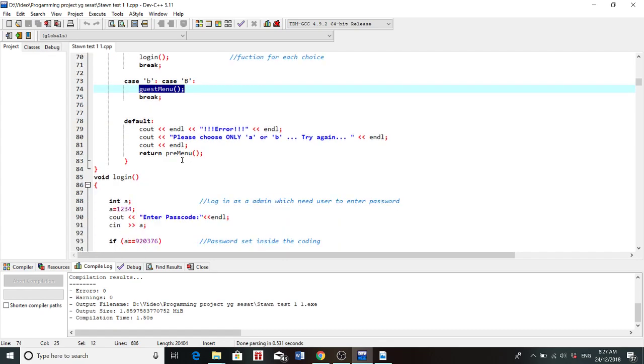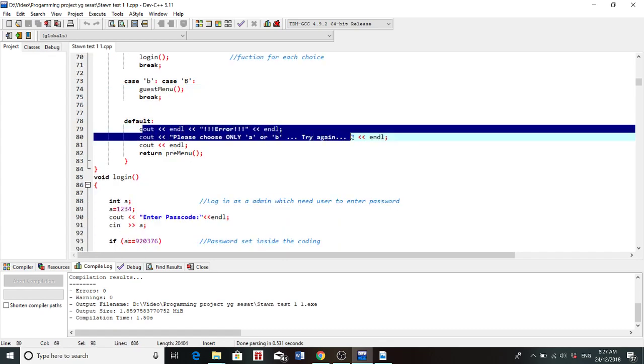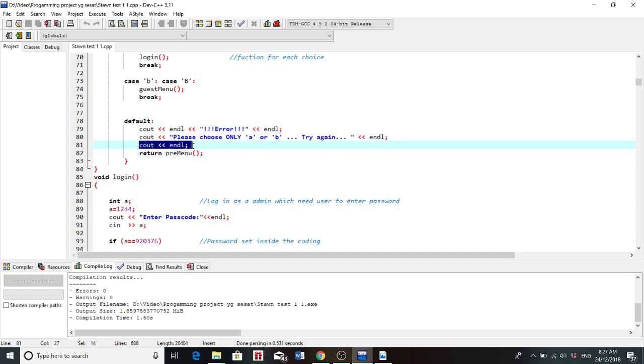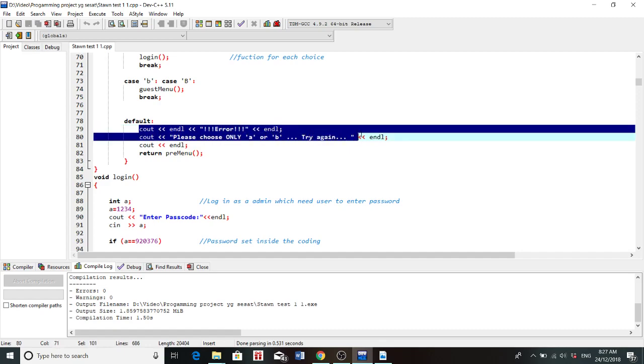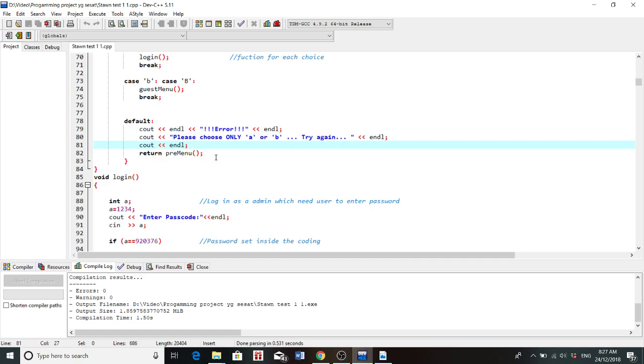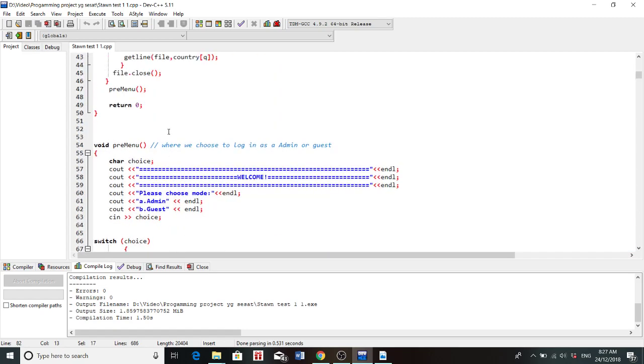Then there is just a default declaration: if the user enters other than A or B, it will return to the pre-menu, which is back here,